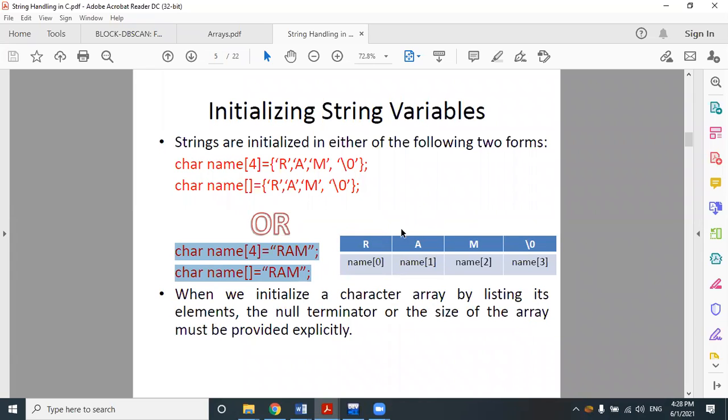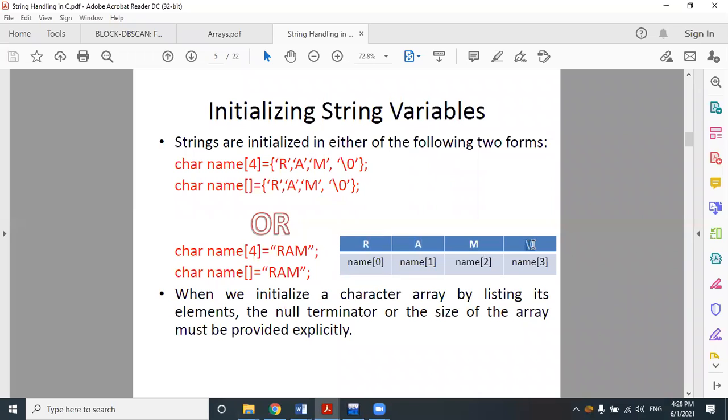Okay, so this is the memory allocation of the string. In your memory, it has occupied 4 spaces. The first space is occupied by the character R, the second by the character A, and the third by the character M. Each individual character will have a unique memory address.